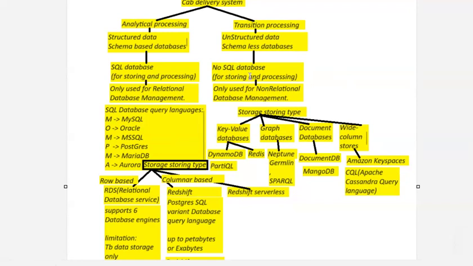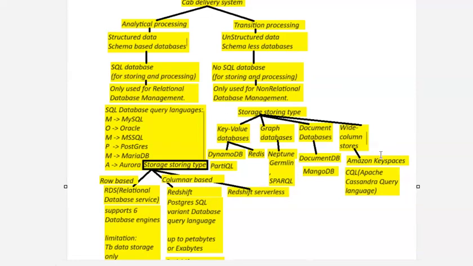So we want to store this NoSQL data in AWS. NoSQL indicates not only SQL, that is, you can store structured data as well as unstructured data in these databases. Coming to structured data, you will store it in the form of tables. For those tables, you can store in the form of key-value based databases and wide column stores. If you want to store in any one of these formats, that is table format, then choose DynamoDB